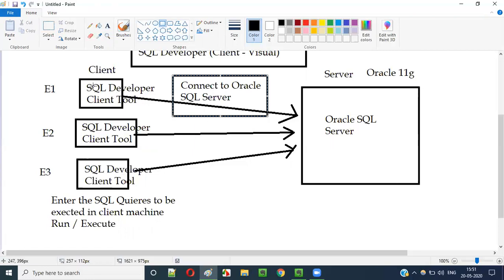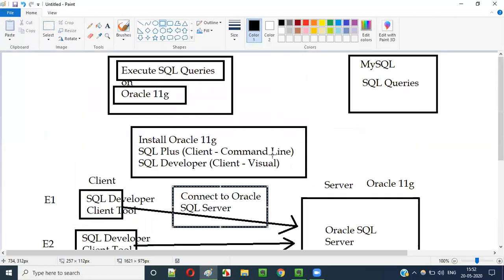That means if you want to get a list of all the employees in a particular company, you can provide a SQL statement here and run it. The query will run on the server, the server will get the required data from the database, and it will return the results, that is, the list of all the employees working for the company that you specified. Those results will be displayed on your client. So this is how the working will be.